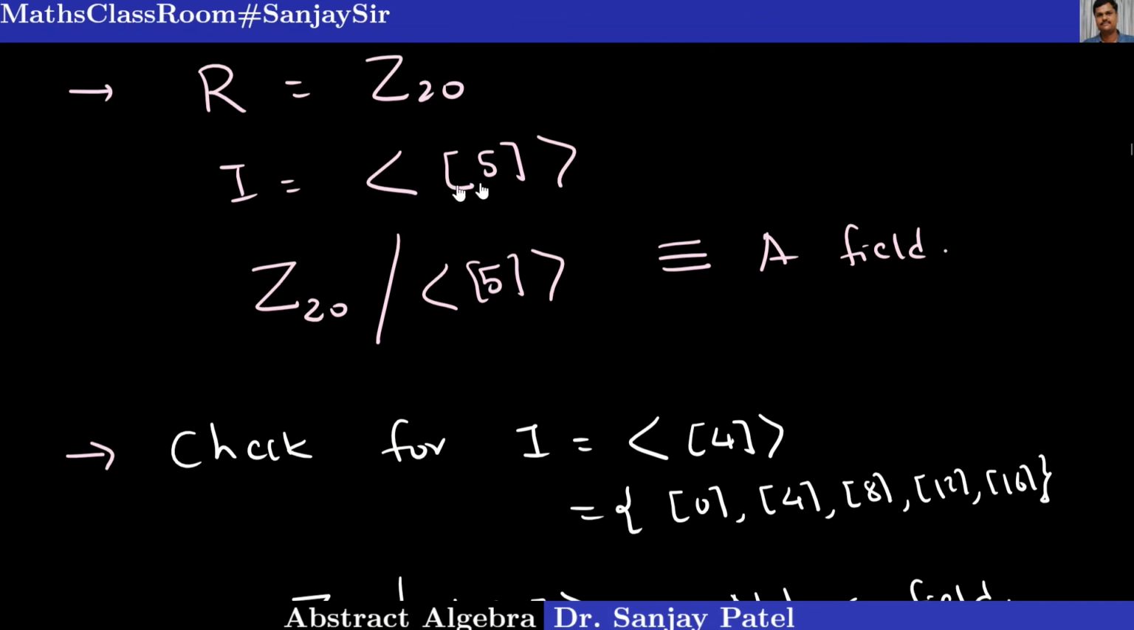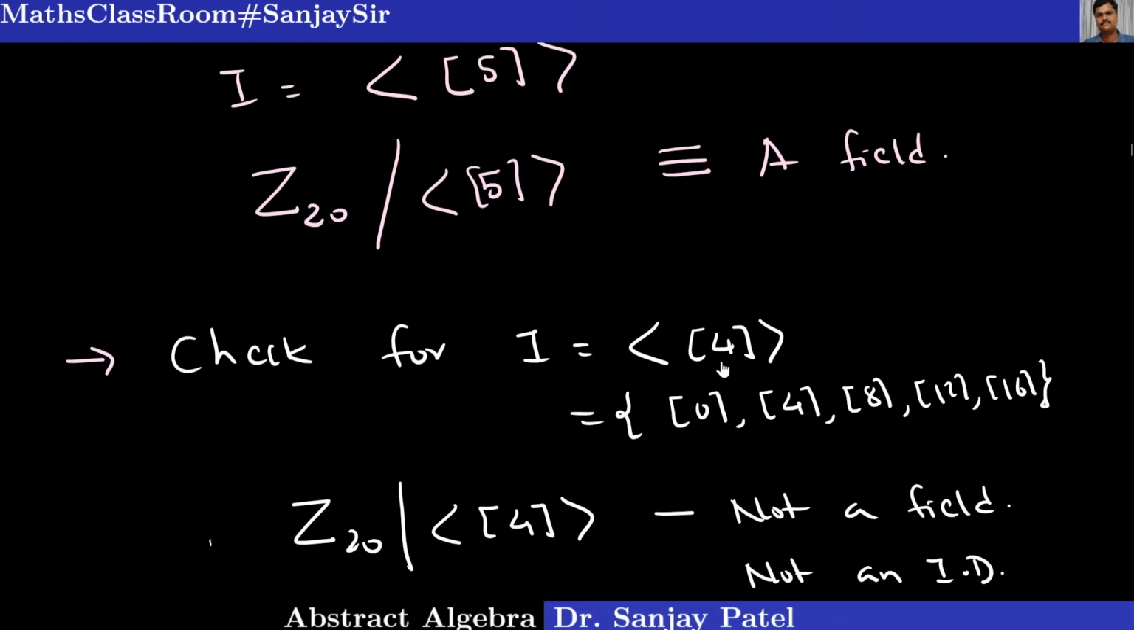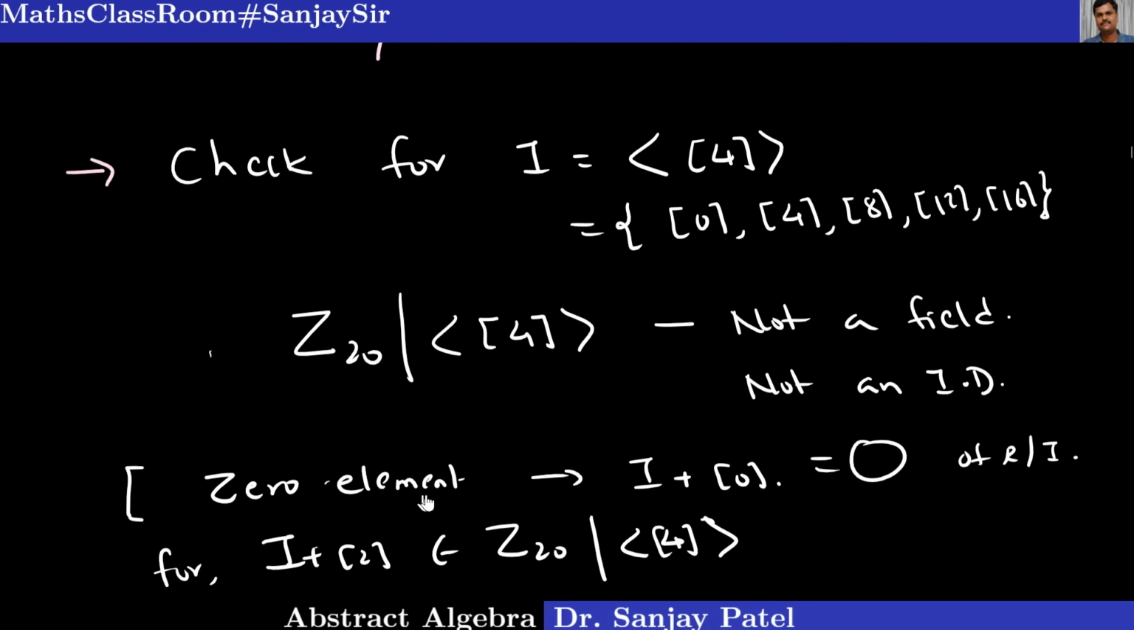As I explained in 2 examples, when you take I equal to class 5, this ideal, the ring R mod I is a field. But for the ideal I equal to class 4, the ring R mod I, that is Z20 mod class 4, is not a field. So what is the important thing about the ideal? That special property we are going to discuss in the last topic of this ring theory course. So till then,